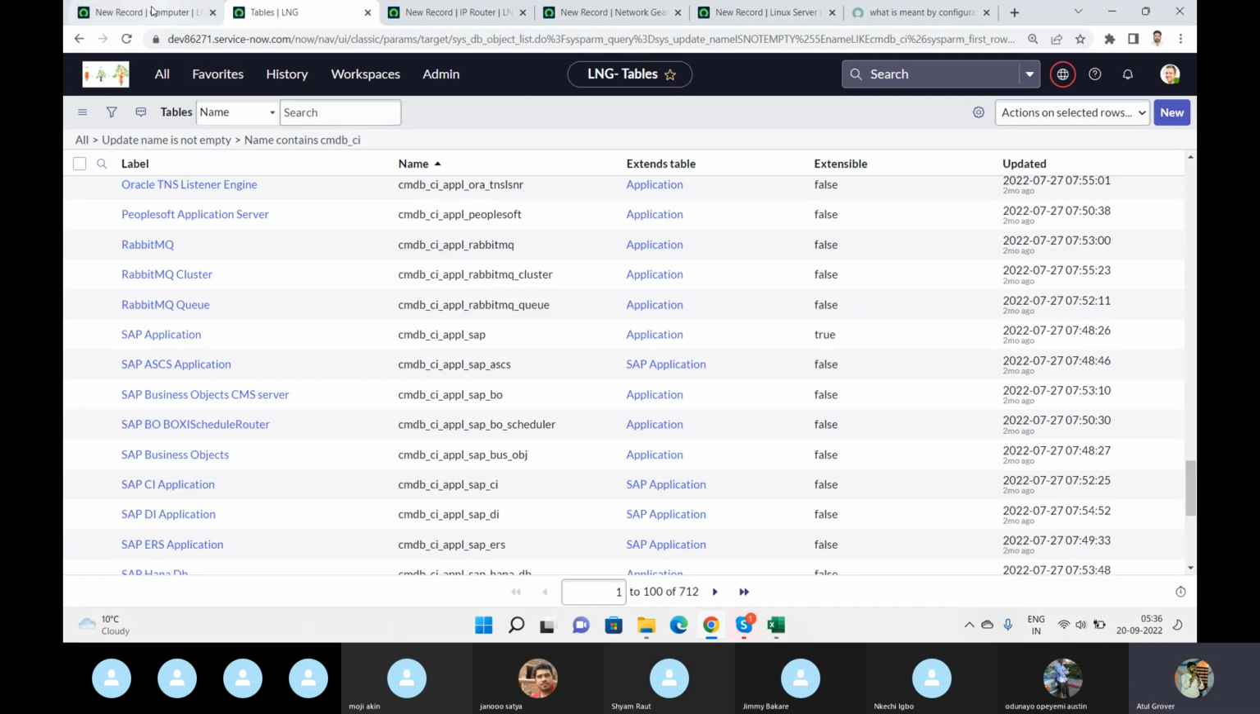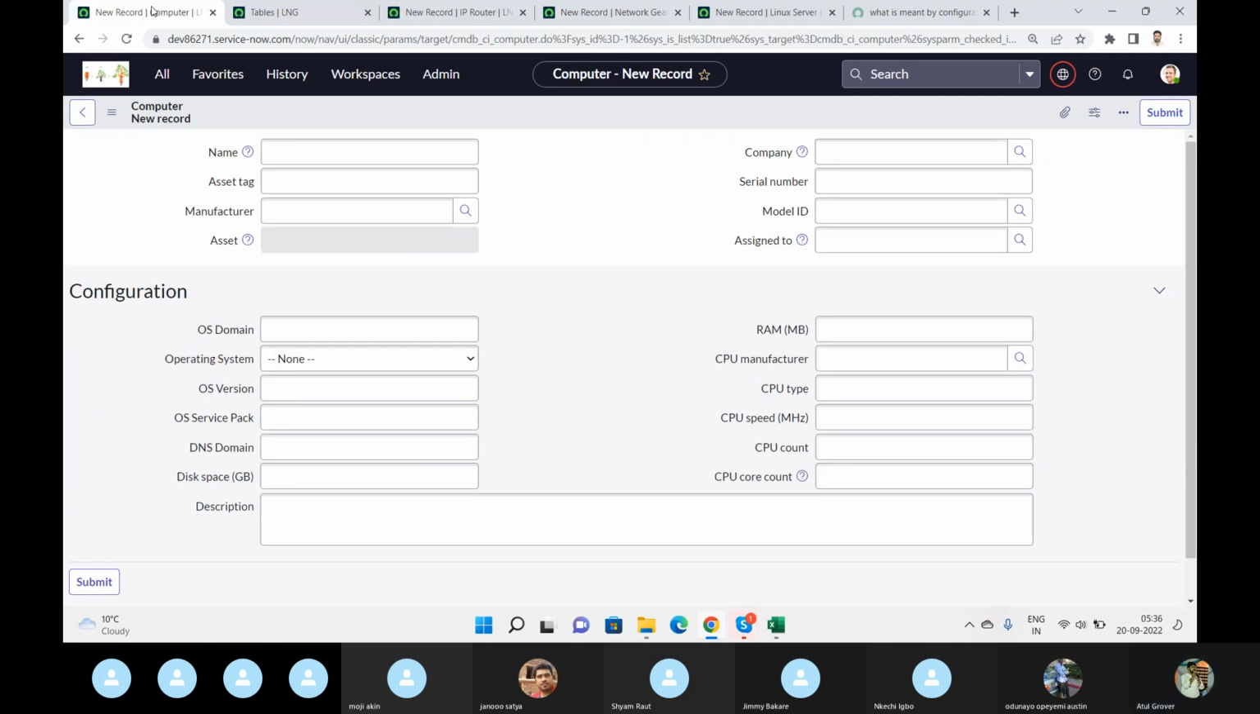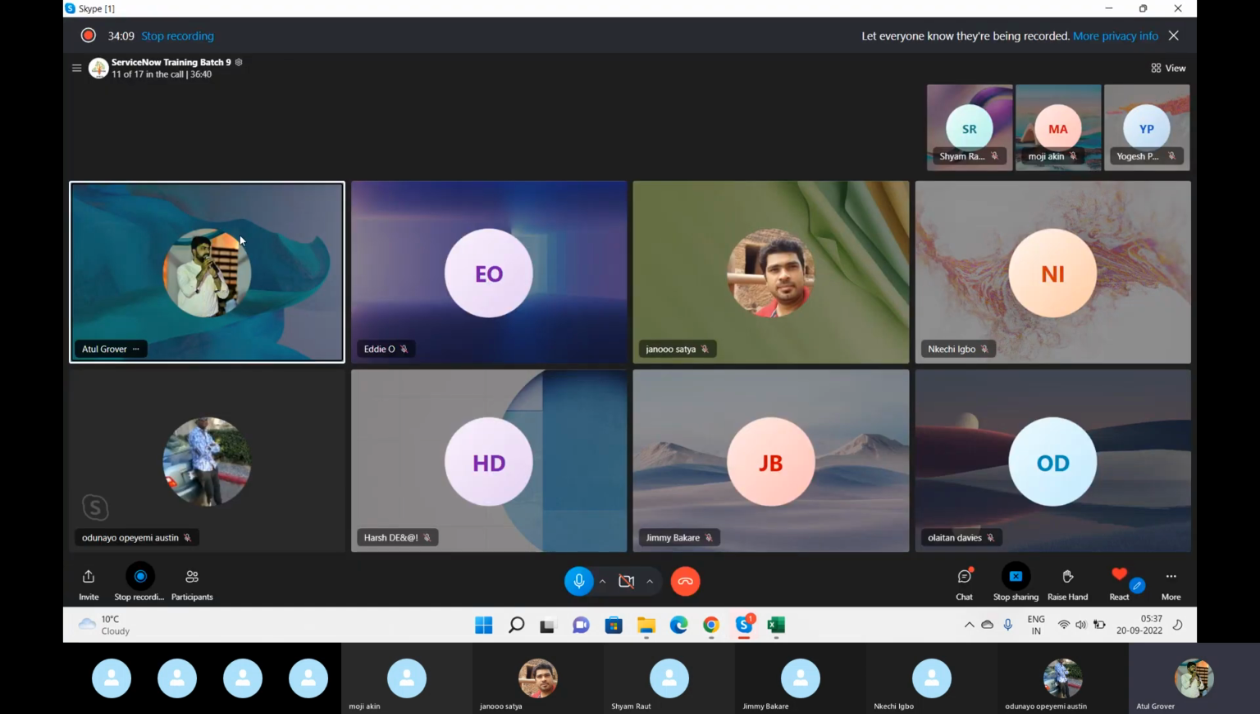Now, question for you guys. You have to find out how many classes there are which don't have the asset field in them, and why they don't have it. I'm telling you, believe me, if you understand the CMDB fundamentals, it is easy for implementation. So as per my experience, I'm telling you guys,